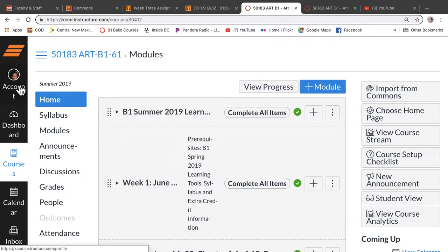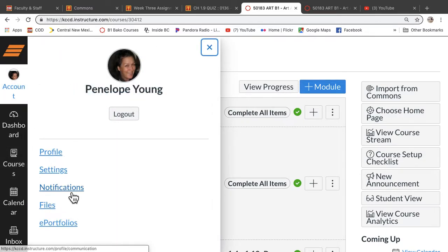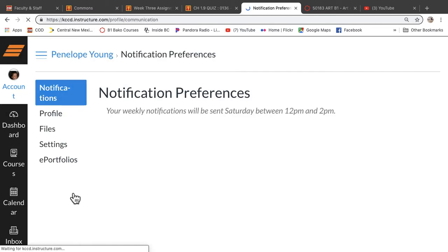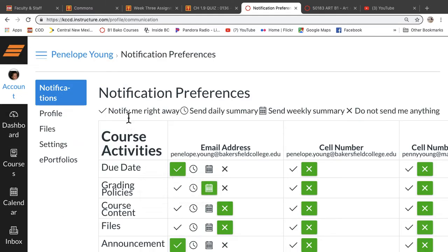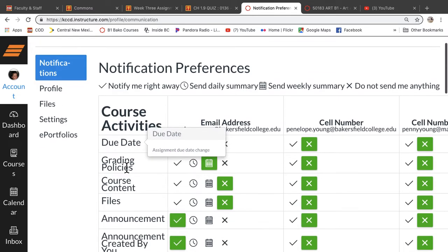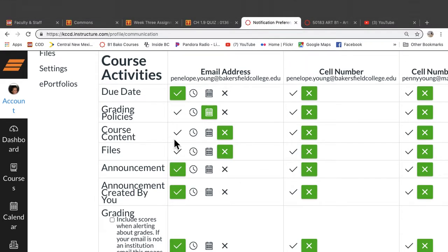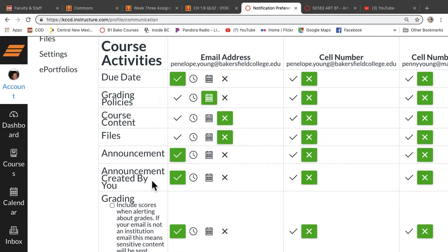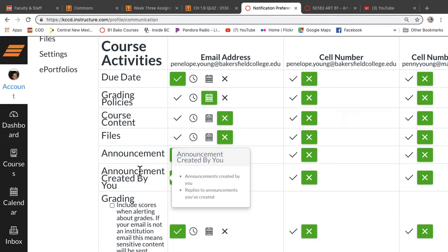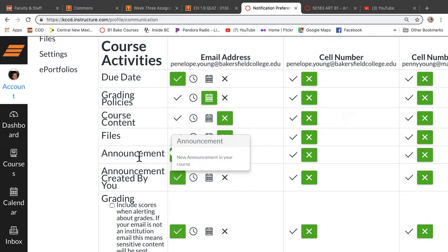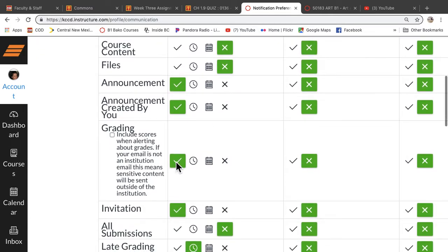So one of the first things you're going to do is go over here to your account, and you're going to go to notifications, and this will load, and you're going to go to notification preferences. What I want you to do is put due date, announcement. The announcement already went out for this course. It is Friday, the 7th at 3:20. I think the announcement went out. So the announcements here, due date. Grading policies, not so much, but grading is good because then you'll know when you were graded, if that makes sense. And then the comments.